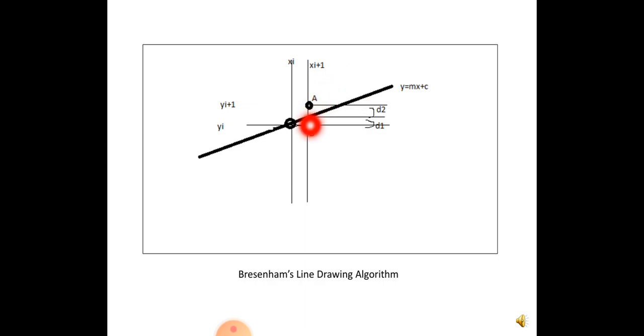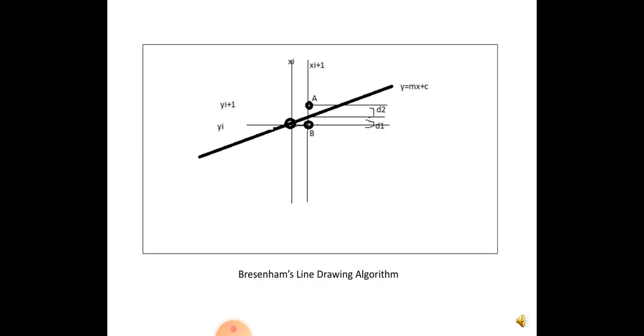That B pixel is the adjacent pixel, A pixel is the adjacent upper pixel, okay, and this pixel is actually present on the given line path. The coordinates of the pixel which is on the line path are xi, yi, okay, and we have two choices B and A which have coordinates xi plus 1, yi and xi plus 1, yi plus 1. Means the algorithm is working on which pixel to be chosen.